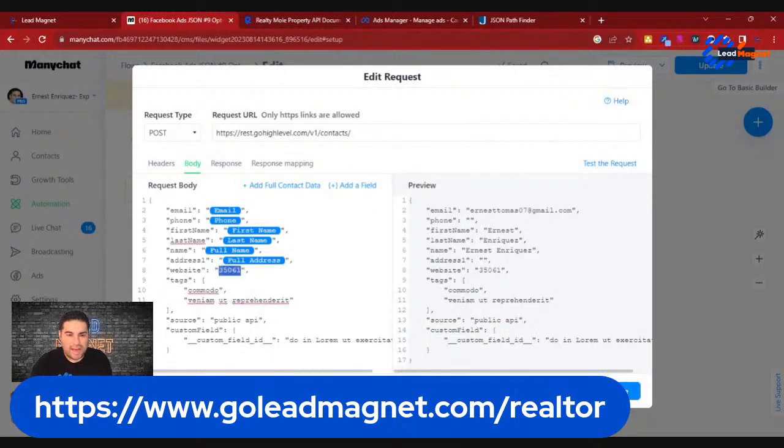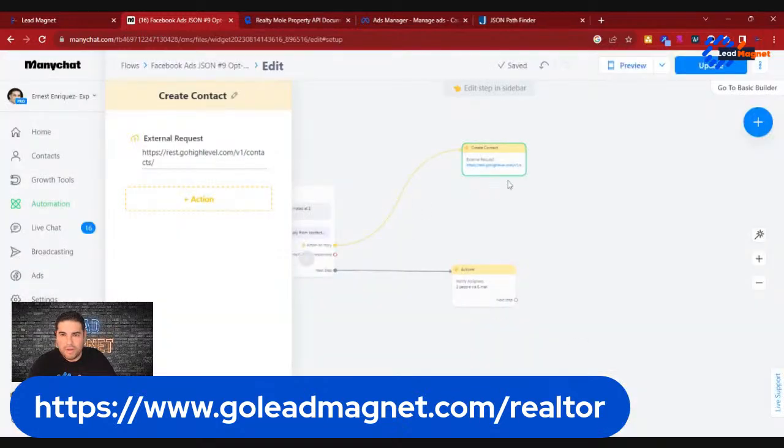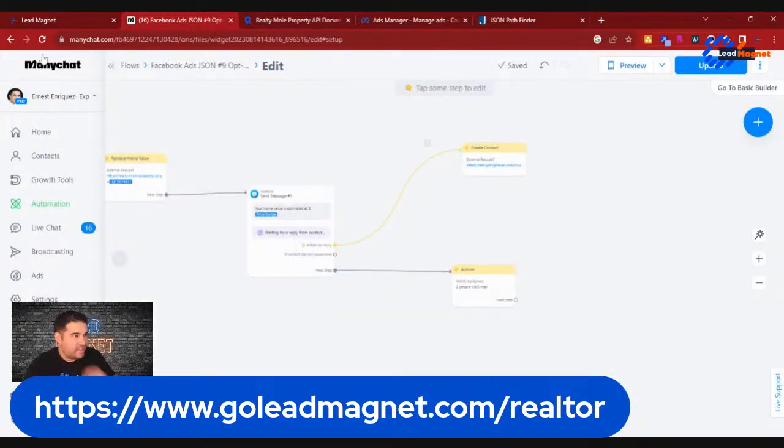I'm just showing you this as an action. So we'll go ahead and say our website is MiniChat. You could add your tags. So you could say like Facebook seller ad, no spaces. So Facebook seller ad, and then you should be good to roll, right? So we'll go ahead and do that, and that is done. And then custom fields, that's if you want to add custom fields to it. So let's go ahead and save this, and we are good to go, right? So it's not going to trigger. I haven't fully set it up just yet, but let's go ahead and move on